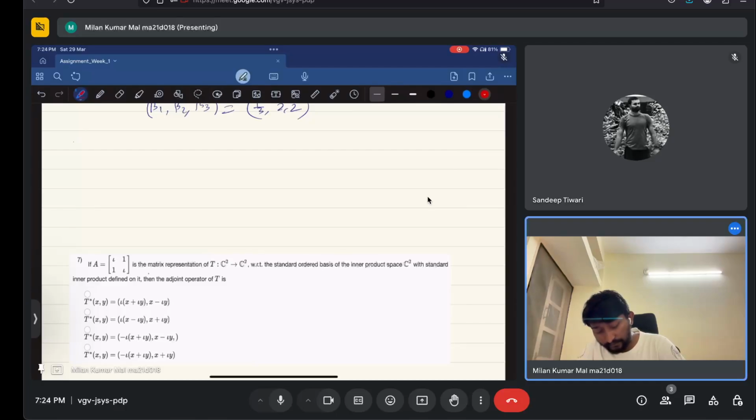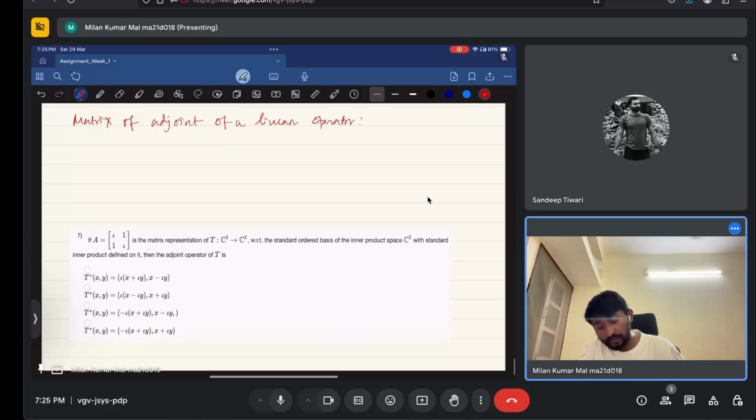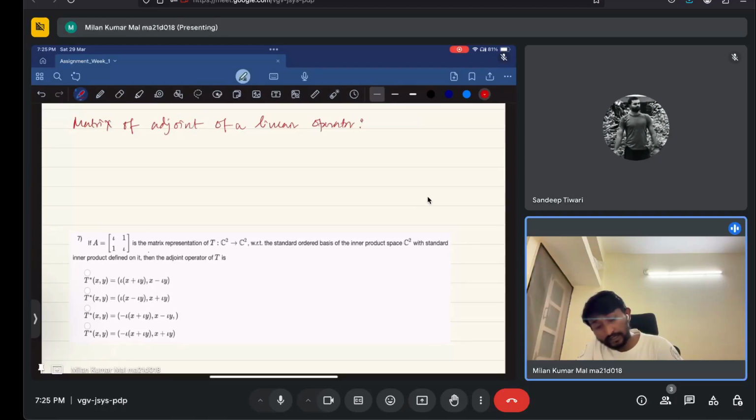So this is the matrix of the adjoint of a linear operator. First of all, what is the adjoint? Let me recall a little bit. What it says is that for